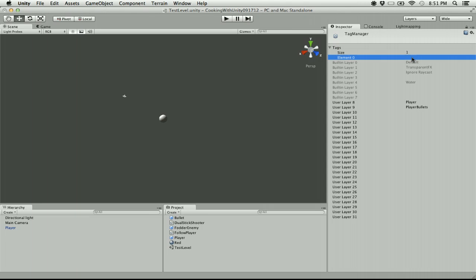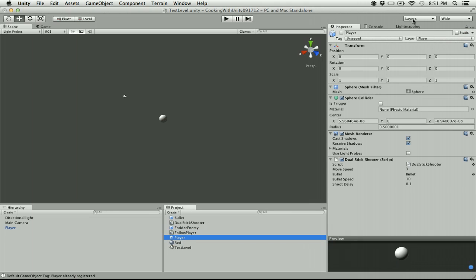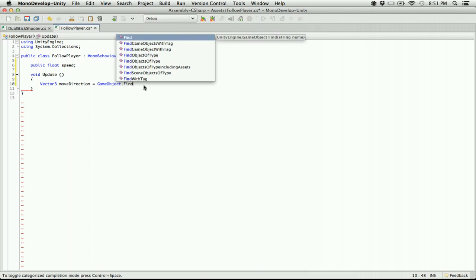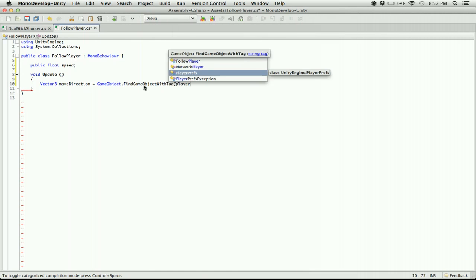So in tags, we're going to put player. I don't think you can do it by layer for the game, finding game objects and stuff, which is fine. Because for player, you'll commonly have a layer and a tag with the same name, and you use them for the same type of objects. But that's what we're doing here. So we get the player, which is GameObject.FindGameObjectWithTag("player")